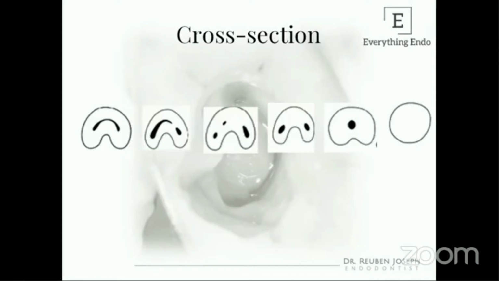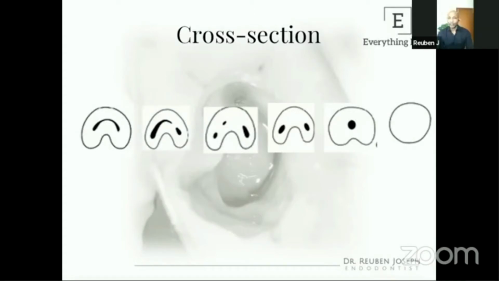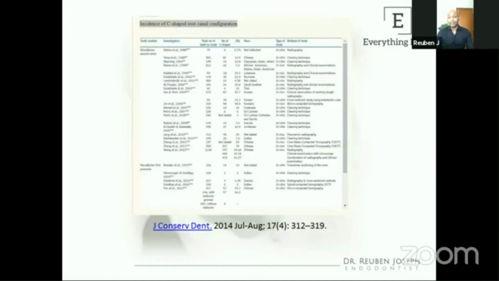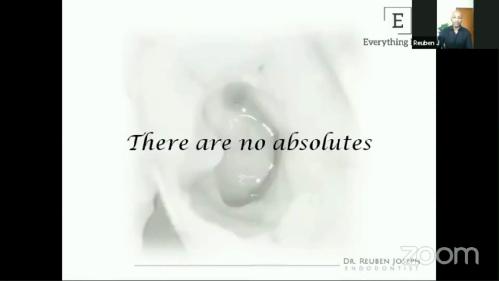We have a lot of classifications on what a C-shaped canal is, but we're not going to go into details on this in this presentation. I plan to keep this entirely clinical. But as far as managing a C-shaped canal is concerned, this is one very important piece of data we all have to know. To put it in a nutshell, if you're practicing endodontics in India, the chances that you will run into a C-shaped canal are very less than 10%. That's probably the information conveyed in the whole graph. From a clinician's point of view, this is as much as you probably need to know.